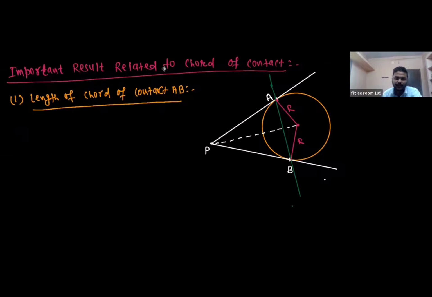According to my question, I have to find the length of chord of contact in terms of R and, let's take theta also. Let's take this angle is theta and this angle is theta. So I have to find the length AB in terms of L and R, not in terms of theta. I have given point P and one circle equation. Let's take point P is (x1, y1), and the radius of the circle I already know. The center I already know.